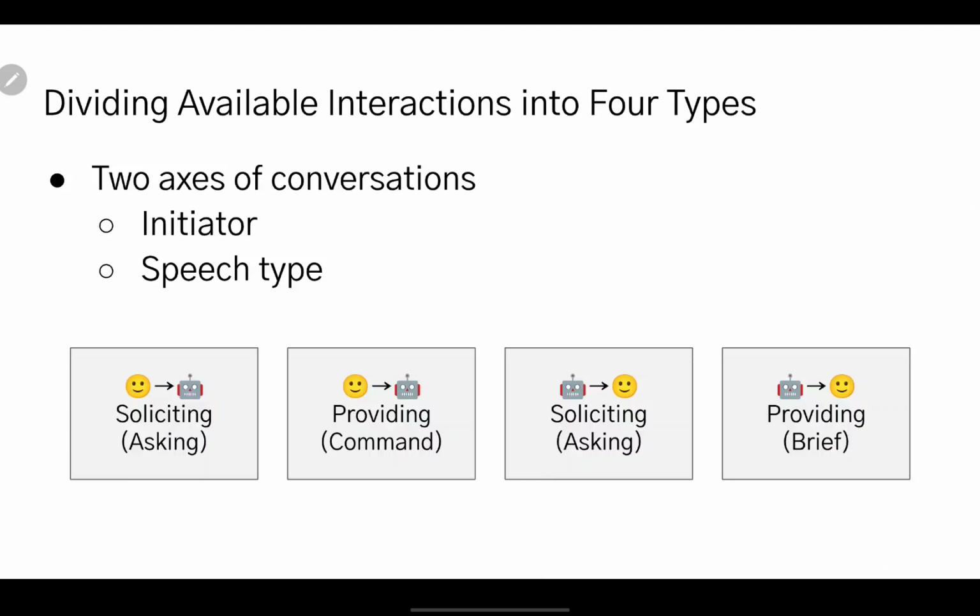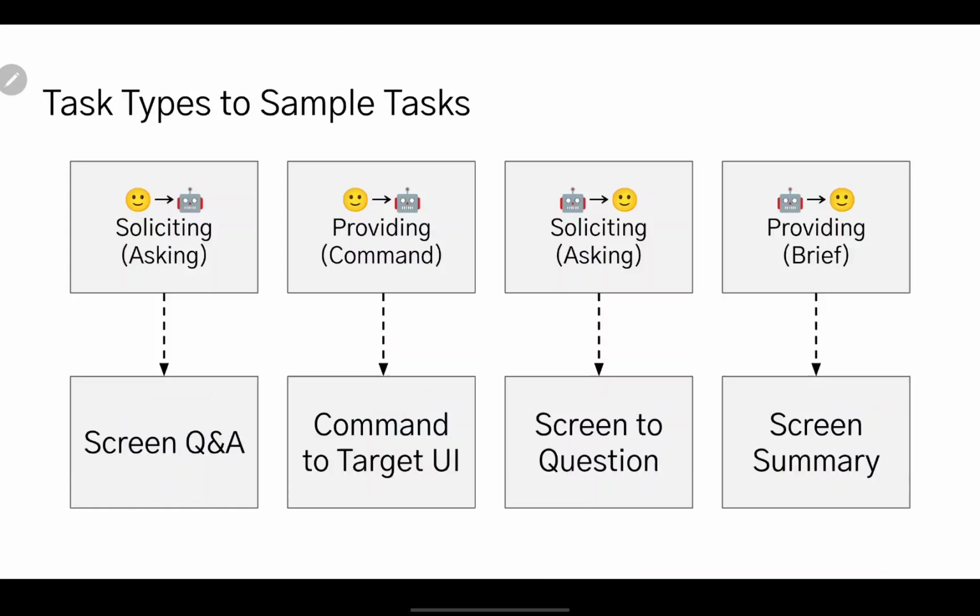Soliciting is basically asking, and providing is giving information. For example, when the user initiates and provides information to the agent, that must be a command. The command can be one sample of that task type, and the agent providing information to the user can be a brief summary of the screen. So they suggested 4 task types,